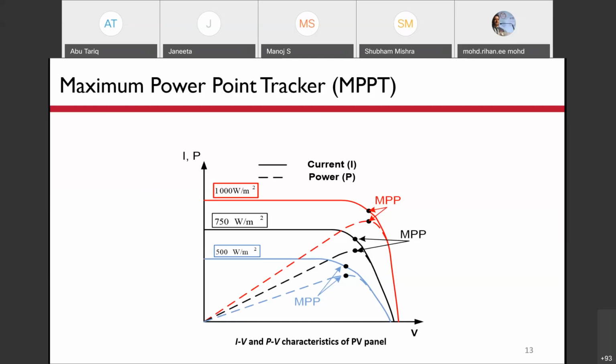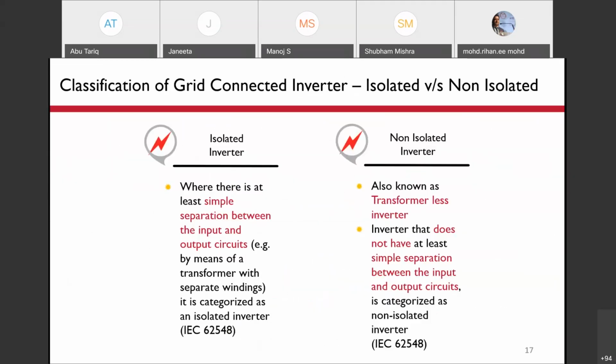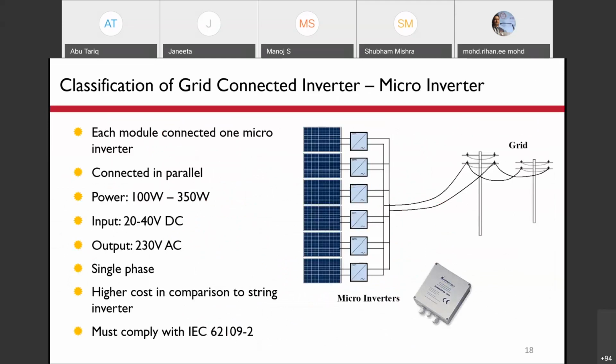If we were able to operate all the modules at their maximum power point, then the power would have been maximized. In the case of series connected strings, some modules will be operating at the maximum power point, whereas the others will not. This difficulty can be overcome if we use what is known as a microinverter. Micro means a small inverter used for each and every module.